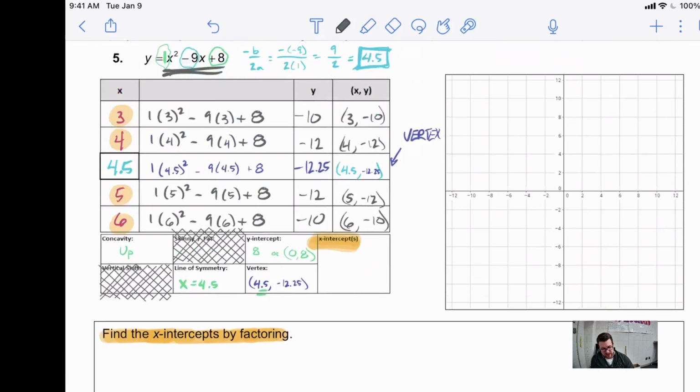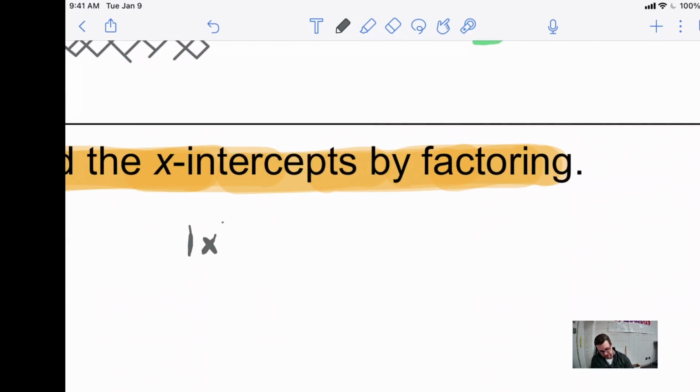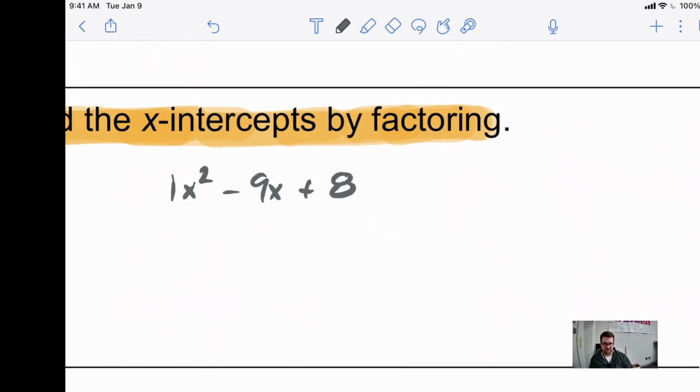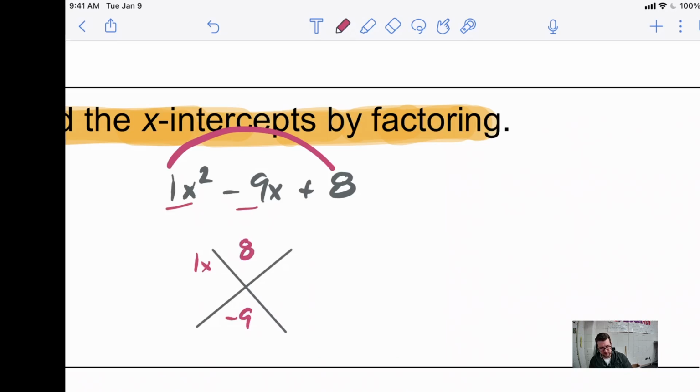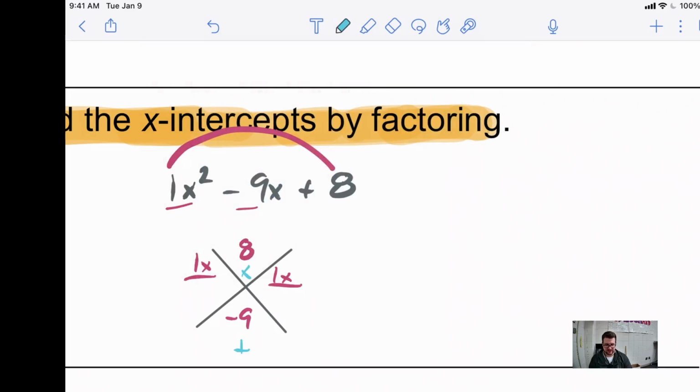So we want to grab our original equation, 1x squared minus 9x plus 8. And if I want to solve this by factoring, I need to factor it. So let's grab our x. Remember to factor this, 1 times 8 gives us the top. That's 8. Negative 9 goes on the bottom. This will be 1x over 1x over. We're looking for two numbers that multiply to give us a positive 8